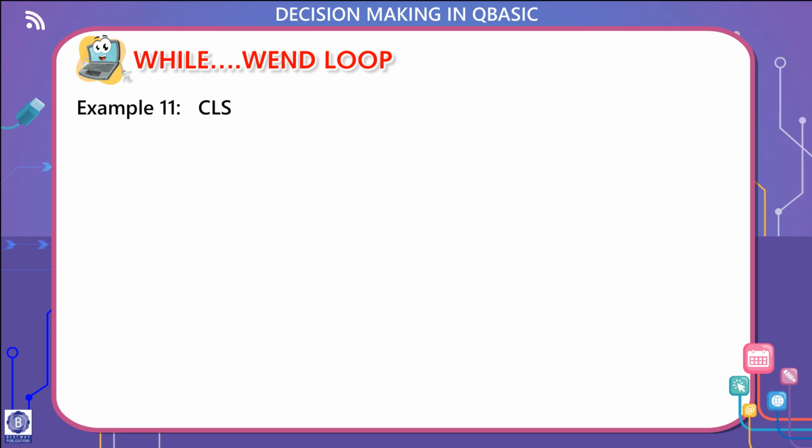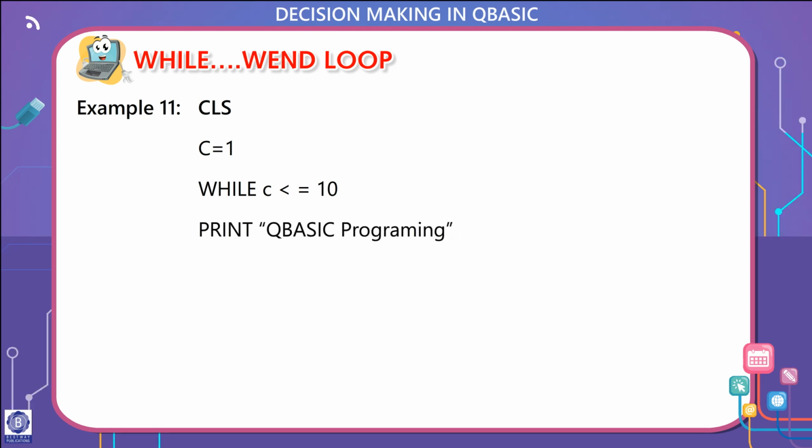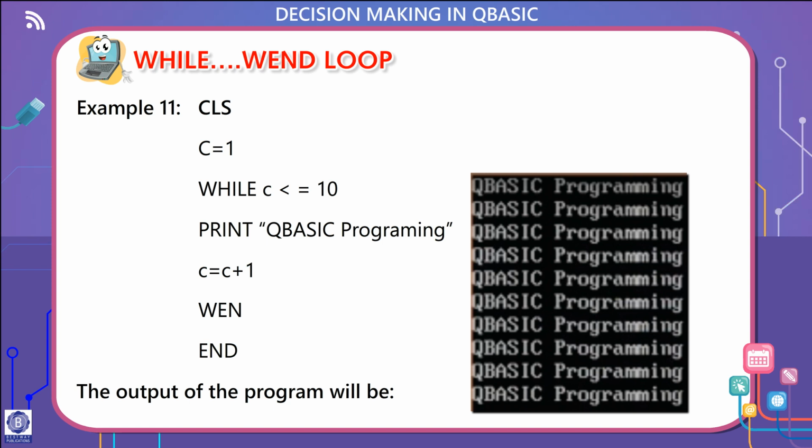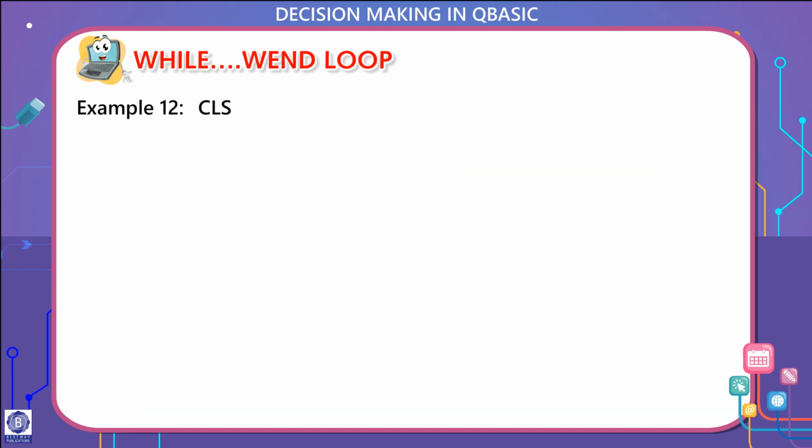Wend. Example 11. CLS: C = 1. While C <= 10. Print "QBasic programming". C = C + 1. Wend. End. The output of the program will be: